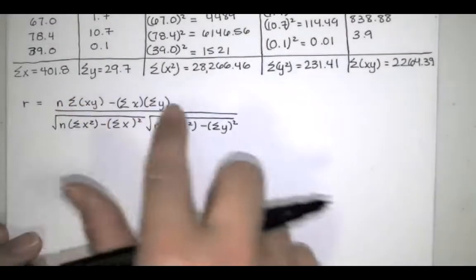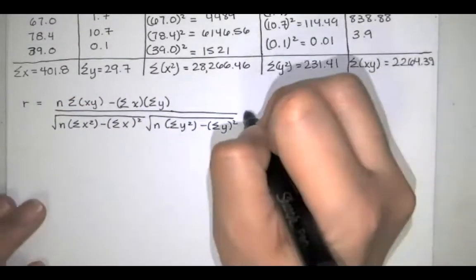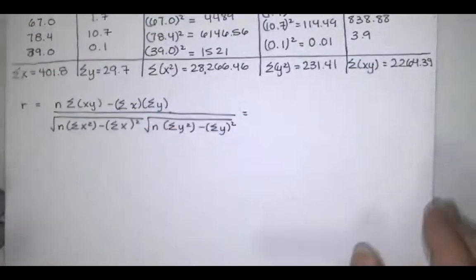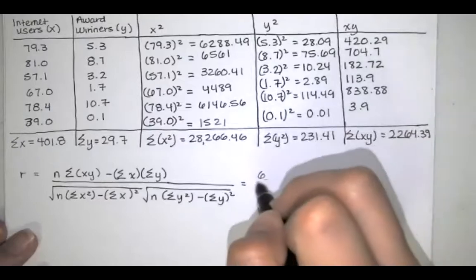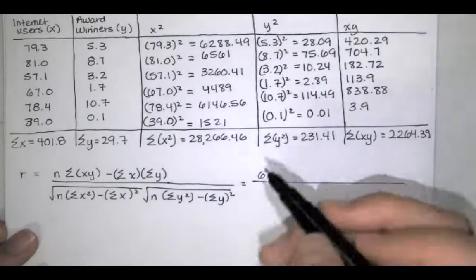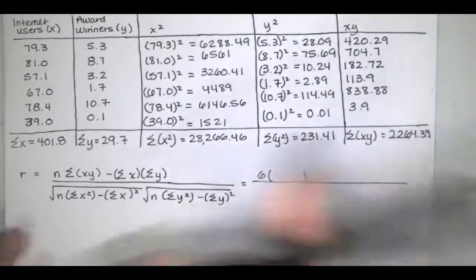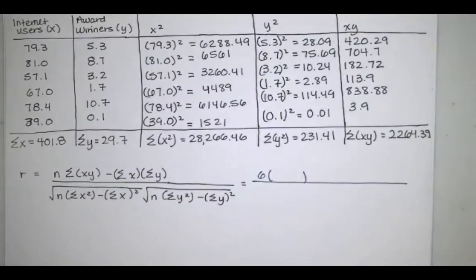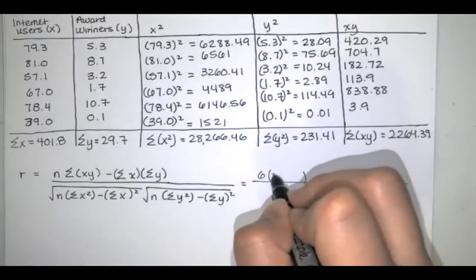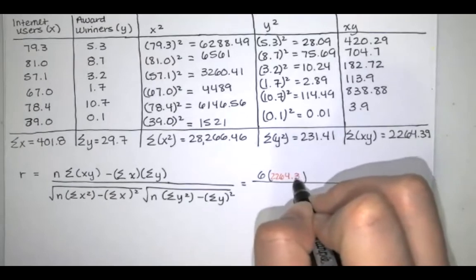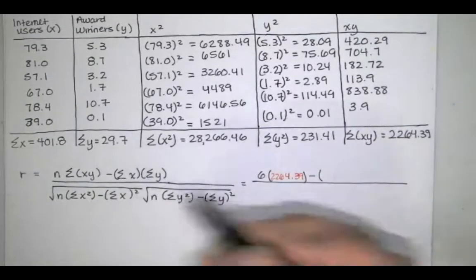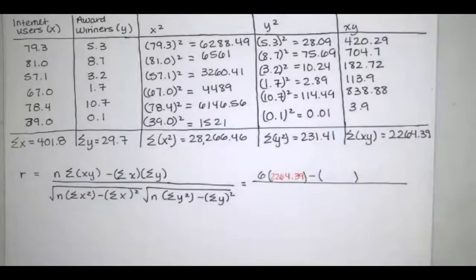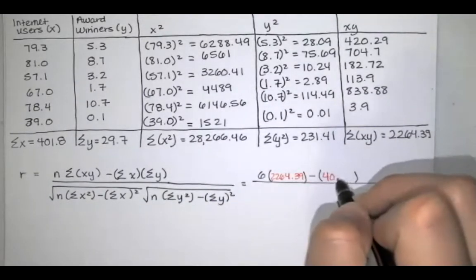Now I'm just going to substitute all of those values into this formula. Remember, our sample size was 6. That was the number of ordered pairs that we had. So n is equal to 6. In the numerator, we have 6 times the sum of the X's times Y's, and that is 2,264.39. And then we're subtracting the sum of the X's, which is 401.8